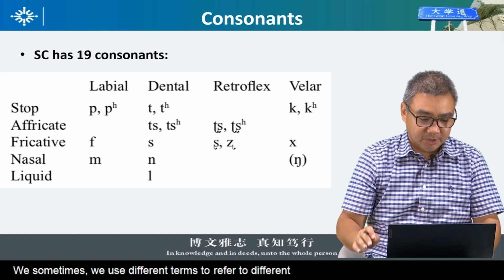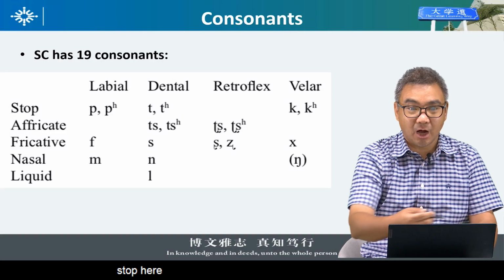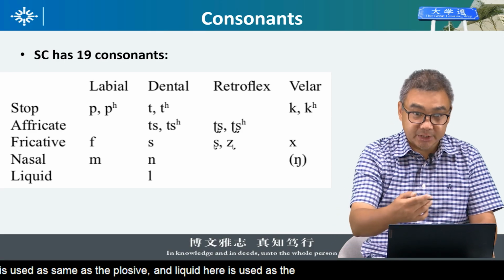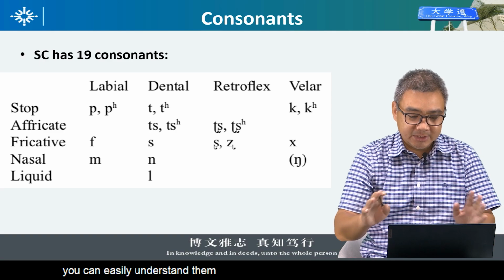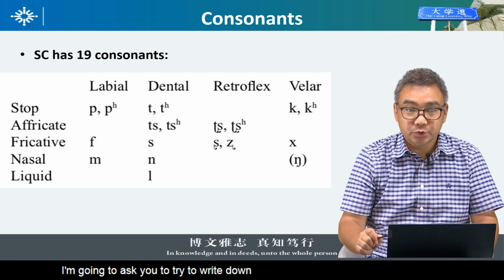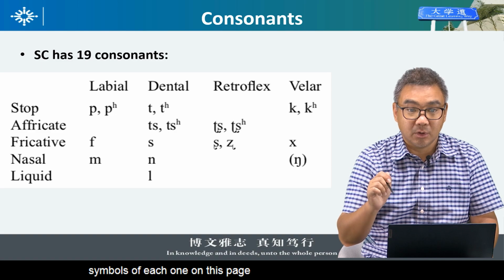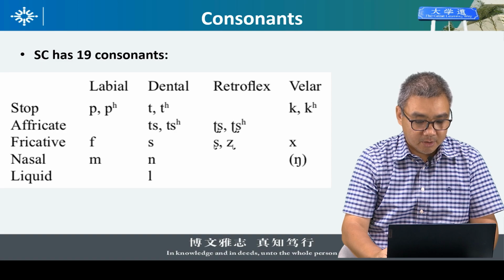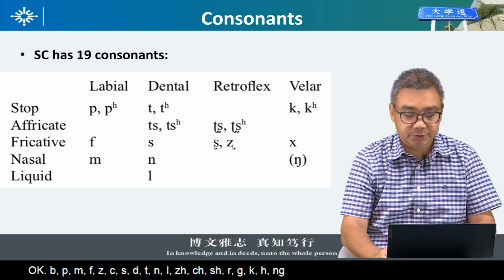Sometimes we use different terms to refer to different categorization. For example, stop here is used as the same as the plosive, and liquid here is used as the same as the lateral. But anyway, you can easily understand them, right? So I'm going to ask you to try to write down the Hanyu pinyin symbol of each one on this page. Try it. Okay. 波破莫佛兹兹斯德特呢勒支支时日格克呵